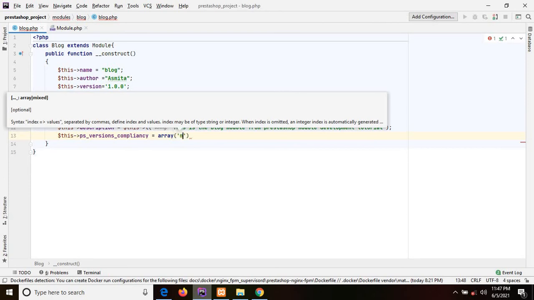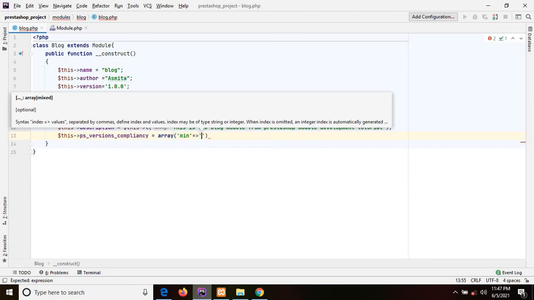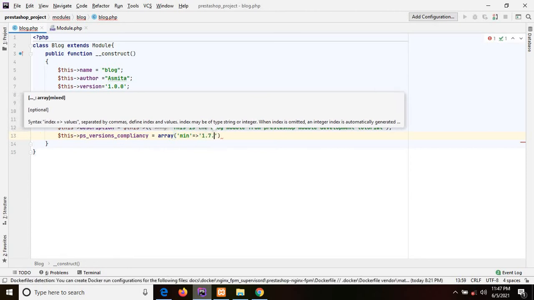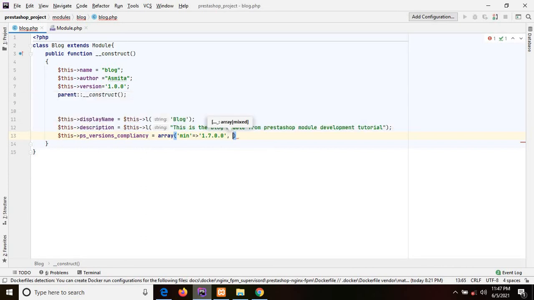So in array format, we'll pass the minimum version, that is 1.7.0.0, and another, that is the max version, that is 1.7.99.99.